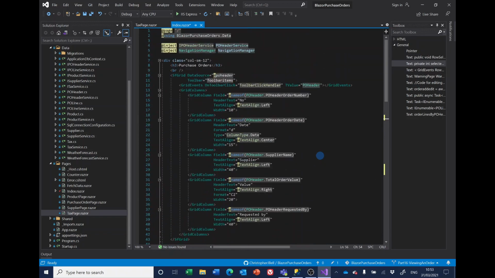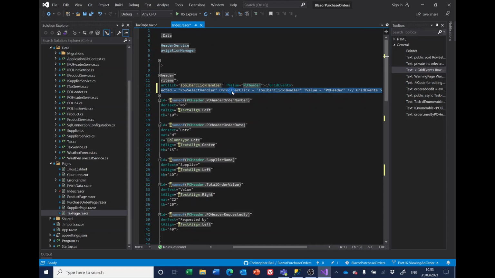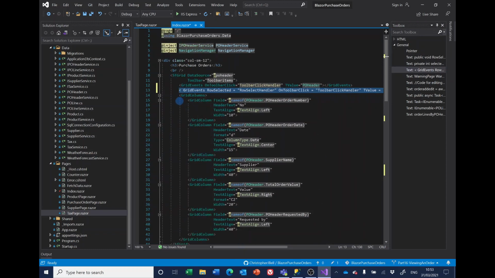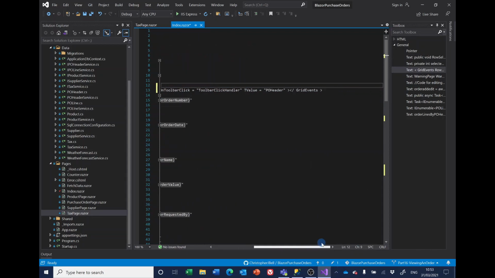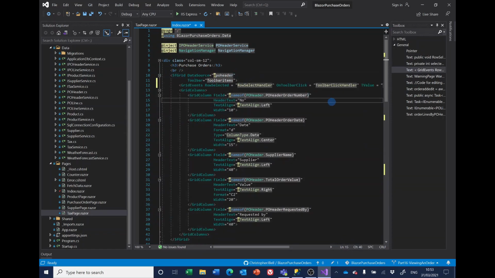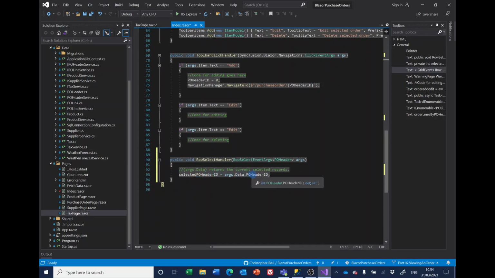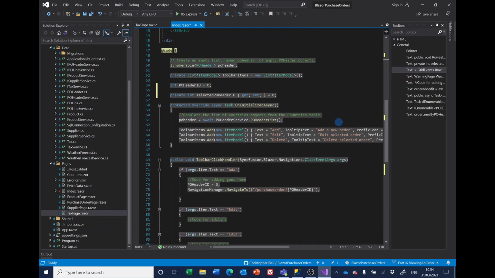And then lastly, well, almost lastly, I need to change the grid events to include the row select handler. So I've got a replacement one, and I'll get rid of the original. And so that will give us the ID of the row selected, but we also need to consider what happens if